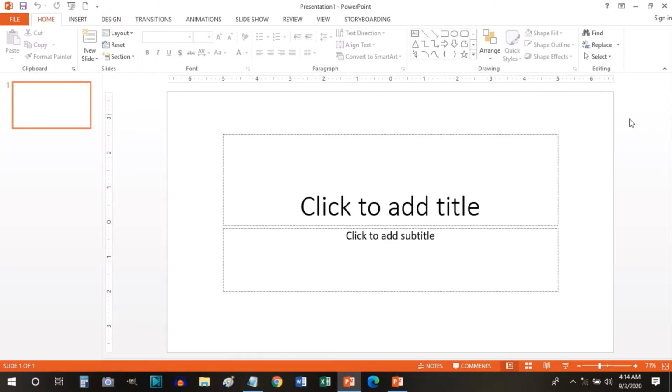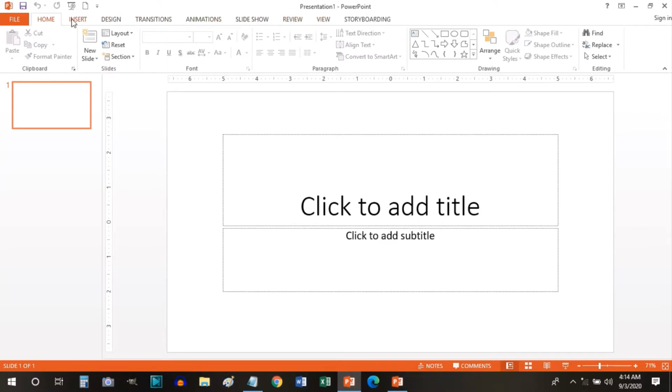A slide is like a page in a Word document. In Excel, it is called a spreadsheet, but here we'll call it a slide. So you can see that I have just one slide. If you need another slide, you will click this button to get a new slide. Again, if you have been using Office applications like Word or Excel, you will notice that it has the same